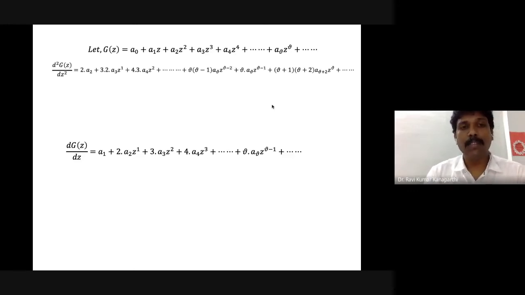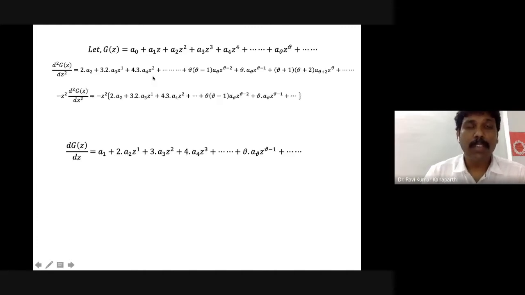And having obtained the first derivative, you can now switch over to calculating the second derivative. The second derivative is again fairly easy to write down. Now in the expression we got, actually it is 1 minus z square multiplied by d square g of z by dz square, right? Therefore, I'm going to calculate minus z square multiplied by d square g of z by dz square, because there is 1 minus z square, if you just go back and see.